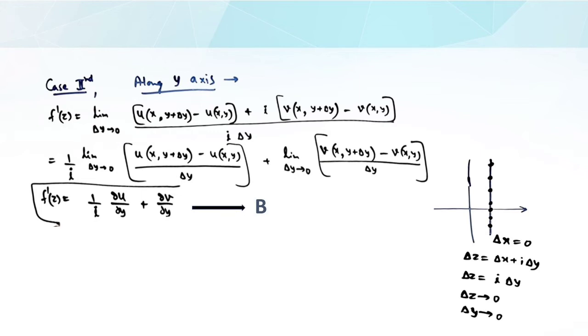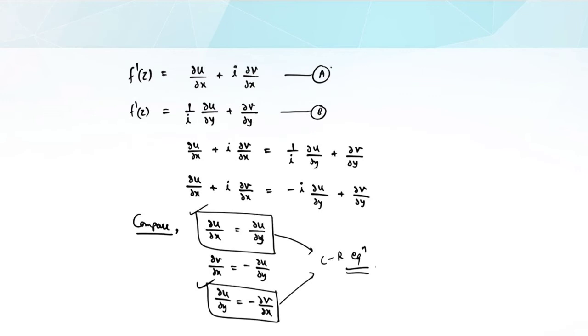After solving further, we get f dash of z equals 1 by i ∂u/∂y plus ∂v/∂y. We name this equation B. Now we have got both the equations, one along the x-axis and one along the y-axis. We have given both the equations the names A and B. Now we further equate equation A and equation B, and we get